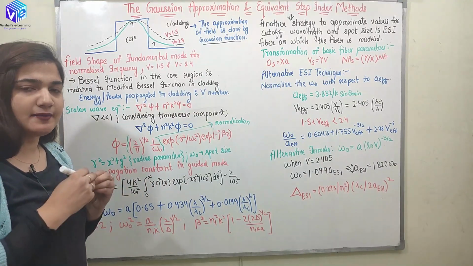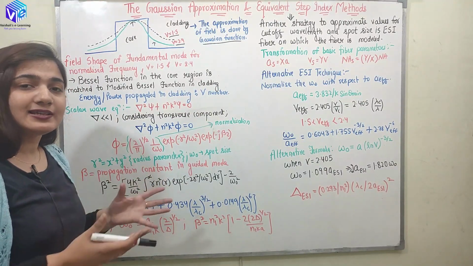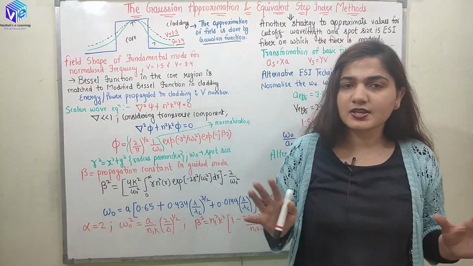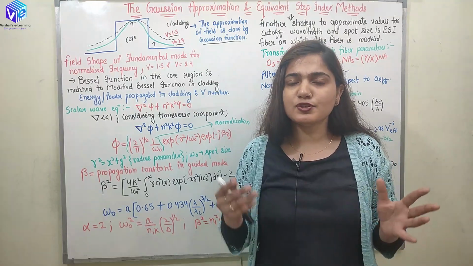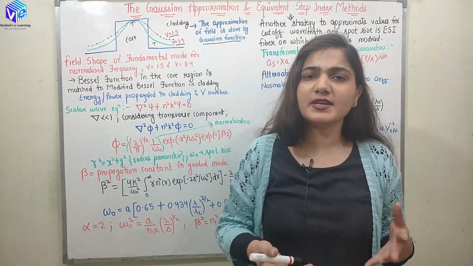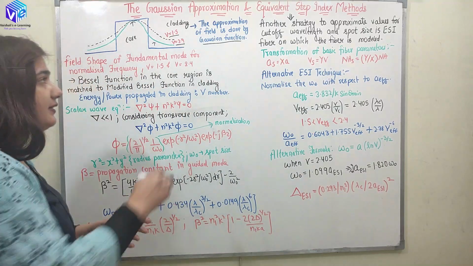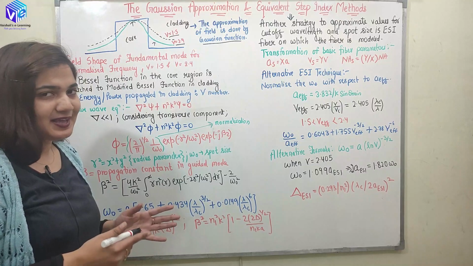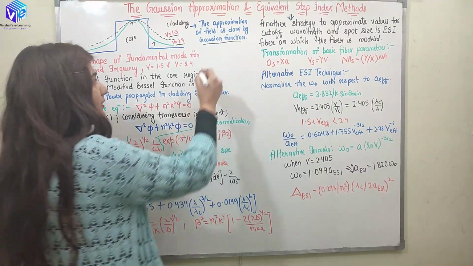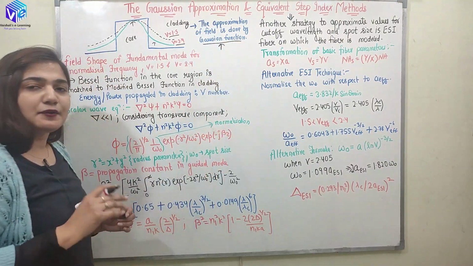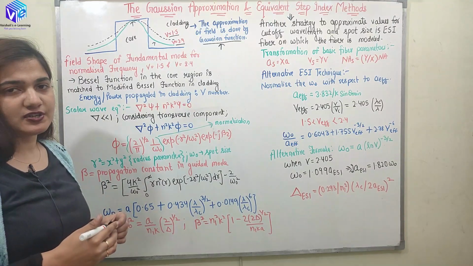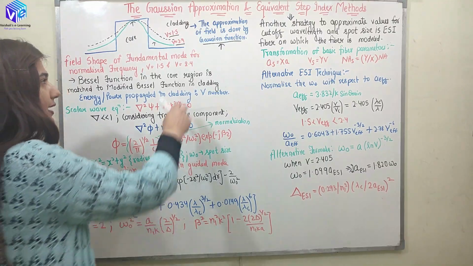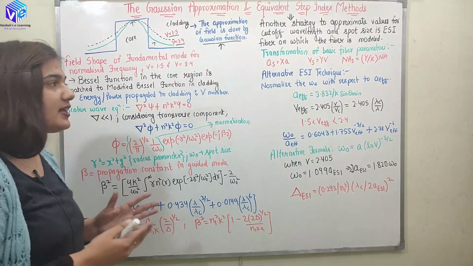This is the case when I am talking about the very idealistic condition. Whenever I have the practical condition, I will have various losses and distortions present, and crosstalk will also be present in the optical fiber. Then the Gaussian function would not be approximated as the field pattern. So in that scenario I cannot approximate the field to the Gaussian function. But when I am talking about the ideal scenario, I can use the Gaussian function as the approximation.